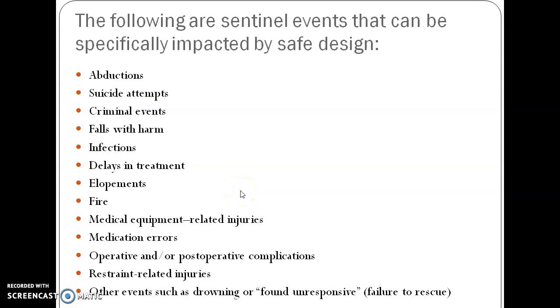So continuing with the sentinel events, let's talk about the third point, that is the criminal events. Criminal events are many, like for example, letting of poisonous gases, or maybe some kind of murder or something like that that might happen in a hospital setting, and maybe you do not have enough CCTV cameras to identify who did it, or maybe there are certain secluded places in the hospital where such kind